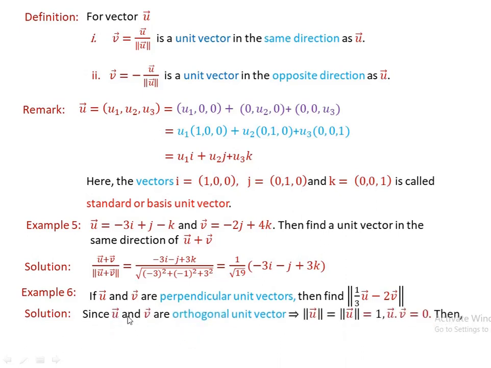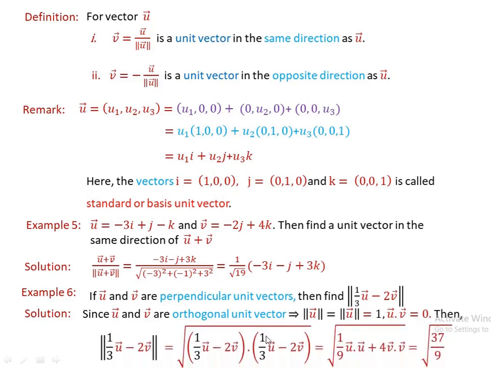Since vectors u and v are orthogonal unit vectors, it implies that norm of u is equal to norm of v is equal to 1, because they are unit vectors. And since they are also orthogonal, u dot v is 0. Then the norm of 1/3 vector u minus 2 times vector v is the square root of (1/3 u minus 2v) dot